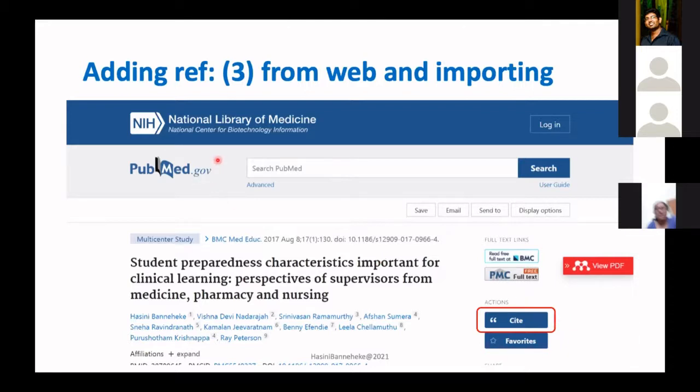But mind you that PubMed has the button here, but not every other journal. So you have to just look for where the site or download citation or some kind of wording which indicates that it's the citing option. You have to look for it and click it. Okay, so in this particular one, if you click Cite,